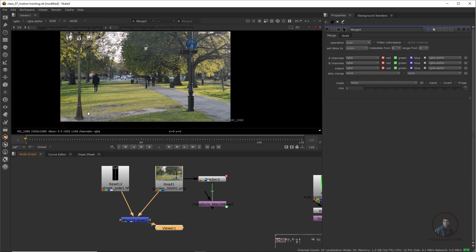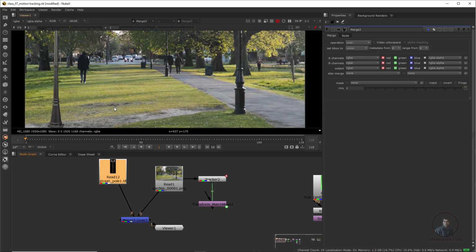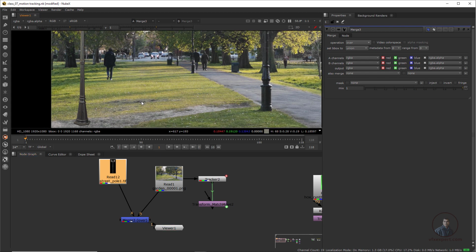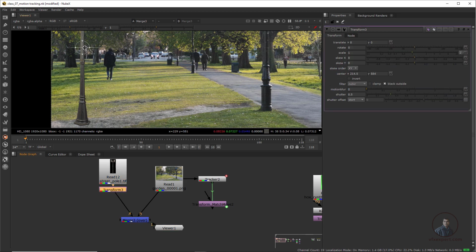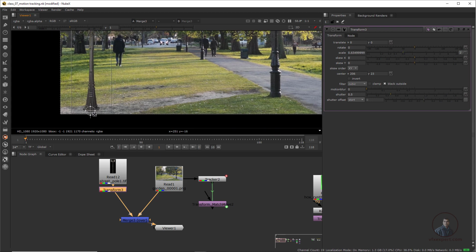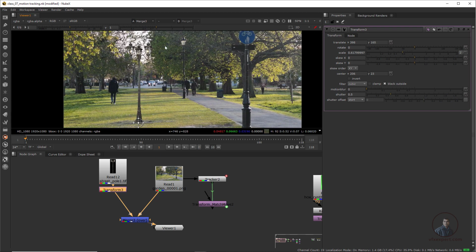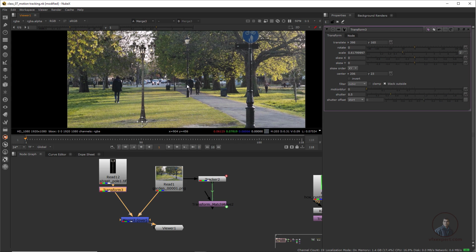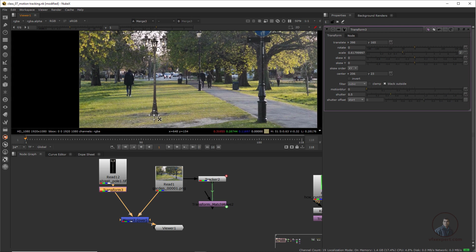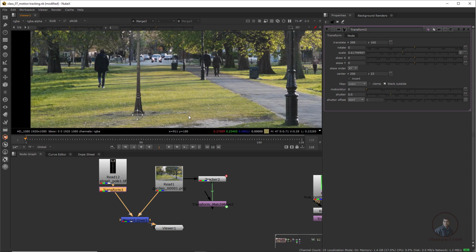Now select this one, press 1, then take another transform and place it at your selected position. Maybe here I want to place it, because this is the point I have tracked. Again select this one, press T for a transform node, hold control and move this controller or pivot point, the anchor point, here. Then resize this one and place it at the perfect position. Now see it here. Maybe just for explanation, this is looking a little good. If you want to resize, you can resize it here. Maybe this is sufficient.